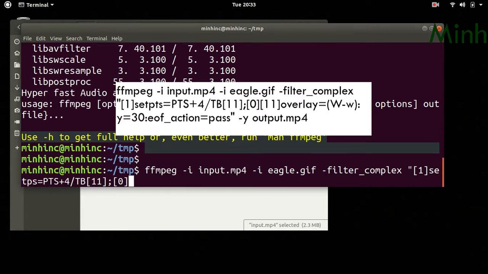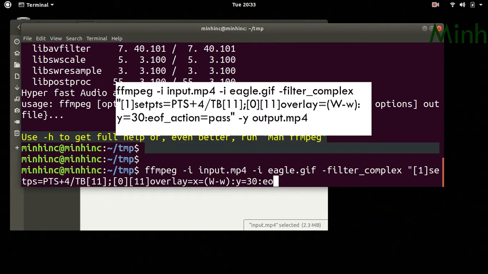Now we will overlay, where we will give X as the right corner and Y as some number, 30.